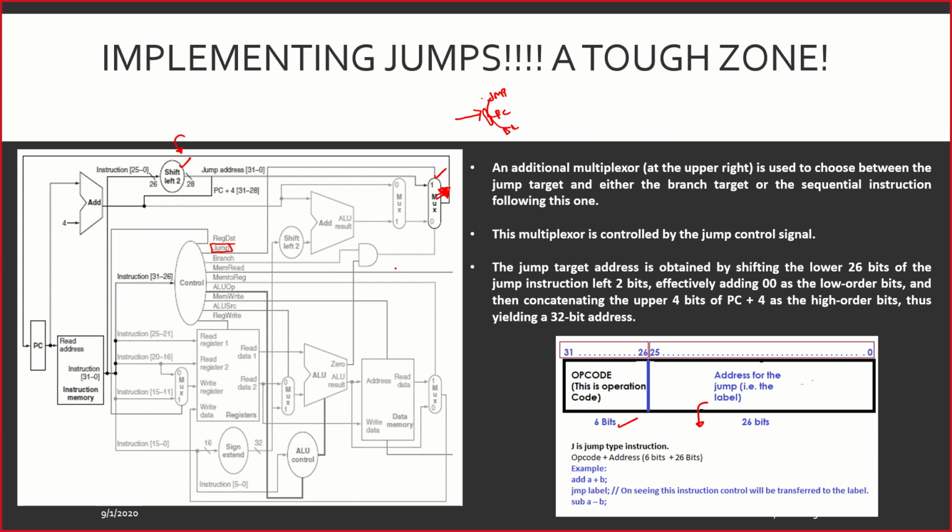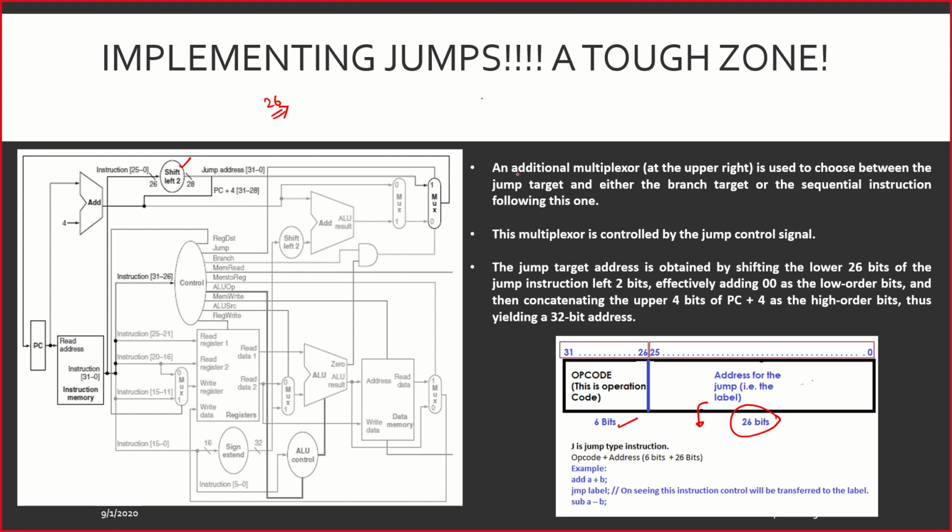Now, how do we compute the target address? We do not have the target address right now in hand. What we have is just a 26-bit input, given in the instruction itself. But this is not sufficient for me to jump. This is not sufficient for me to decide where I have to go. So what do we need? We need to understand how to compute the target address with which we can go to the correct location. When the condition is met, or when I want to jump, I will have to jump. But where do we go? How we go is what we are going to compute.